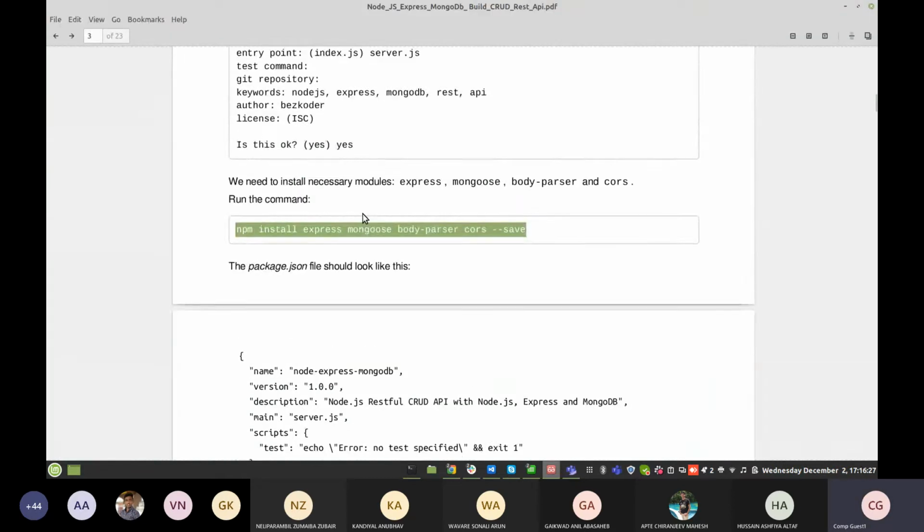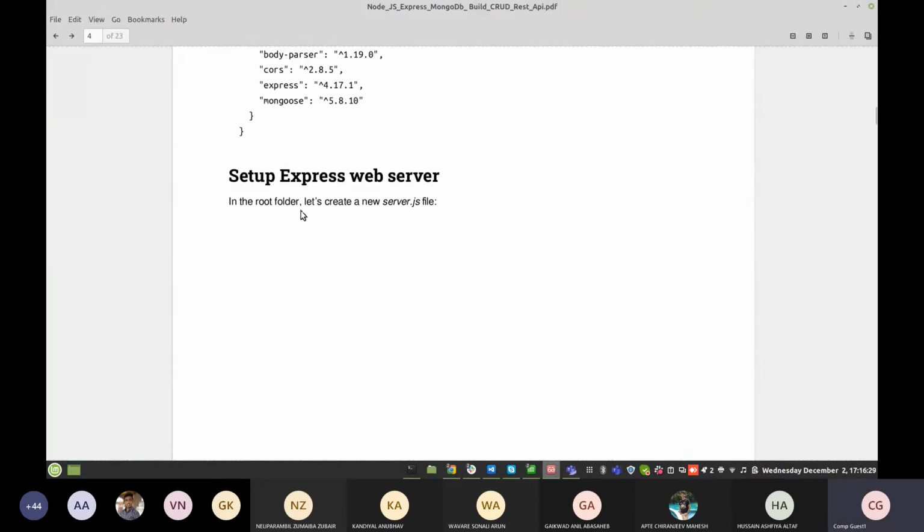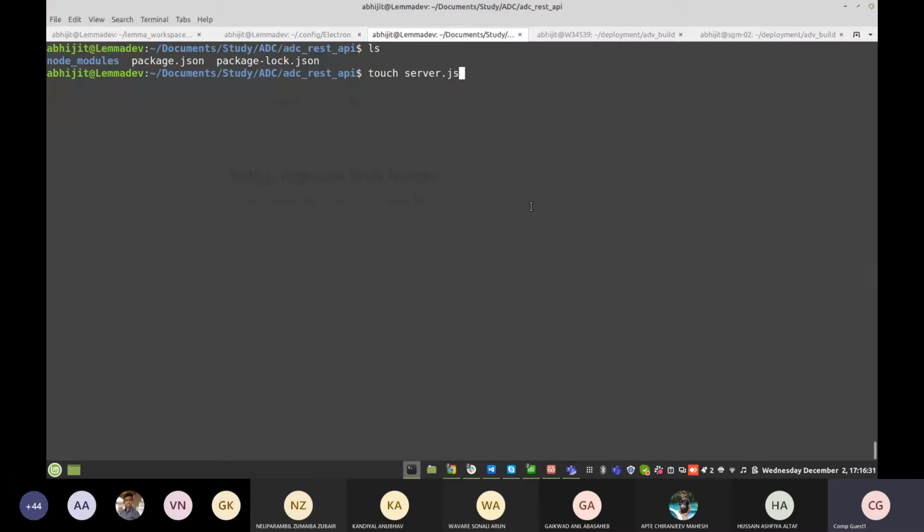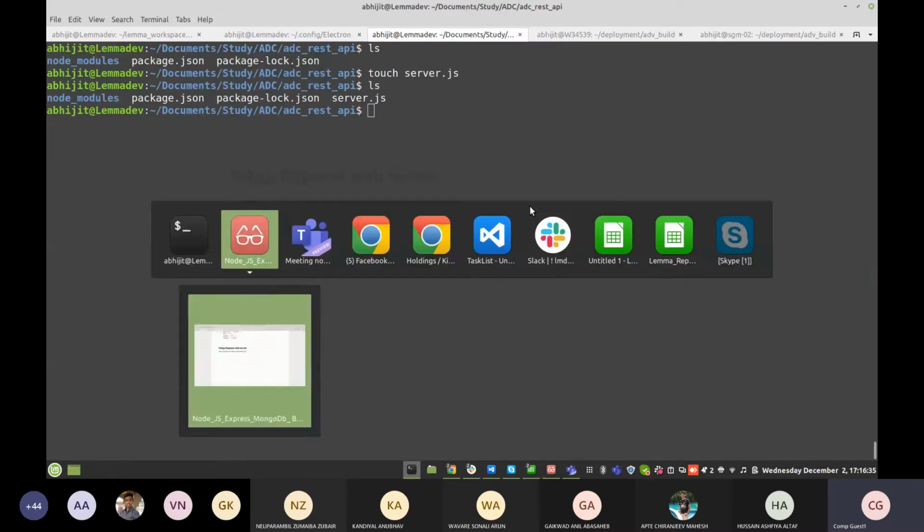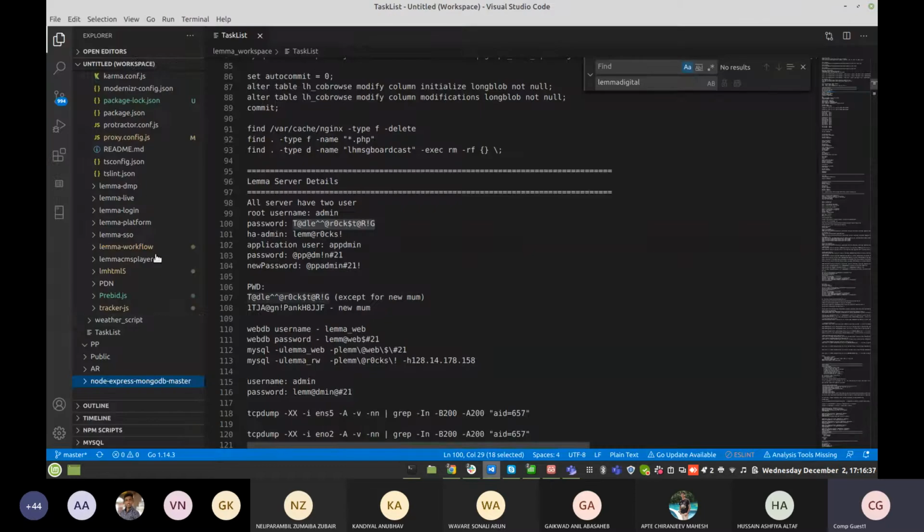Now we create that server file. This is the touch command, and the file is created. Now I'm using a code editor, which makes it easier to add files and write code.